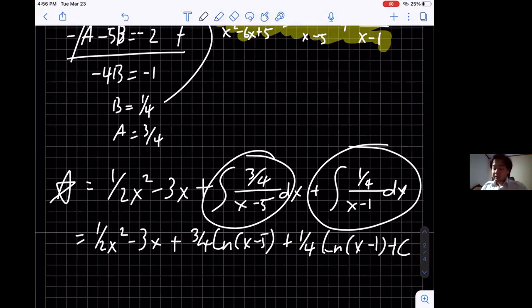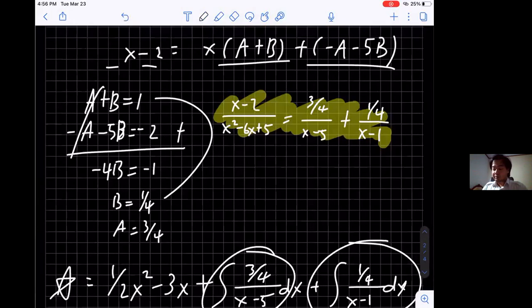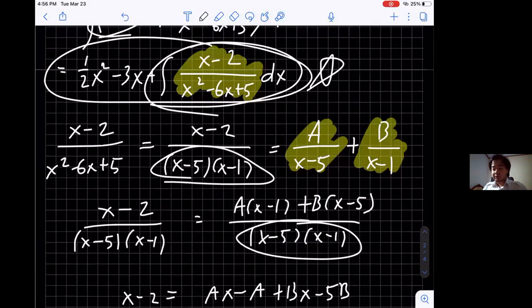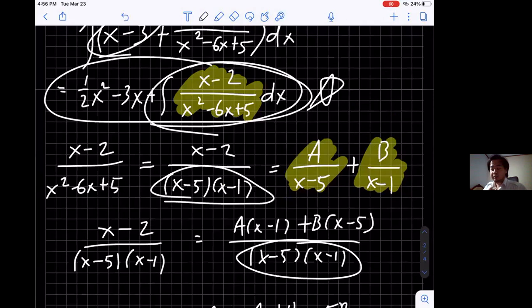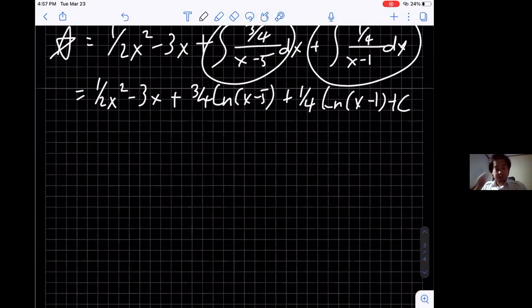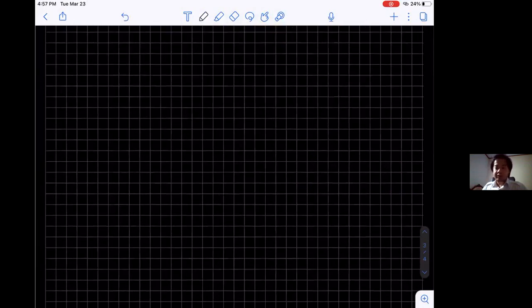Now, the thing is, it's not always that simple. The degree of the denominator is not always quadratic, and even though it's quadratic, it doesn't mean that it's always factorable. So there will be two cases that I need to teach you, and you need to understand how to split it into partial fractions so it's easier to be integrated.